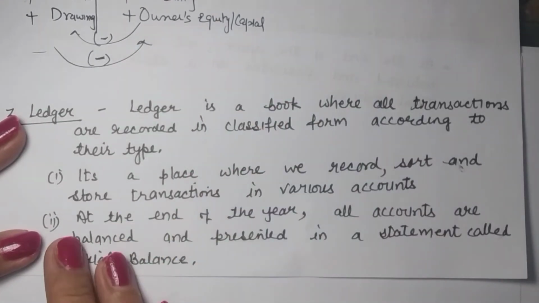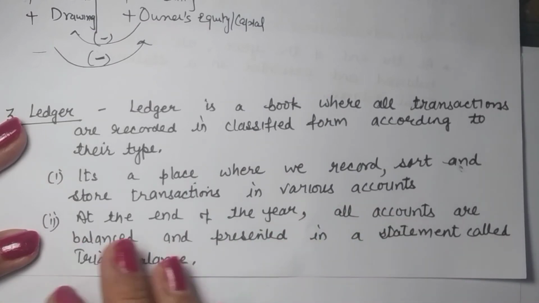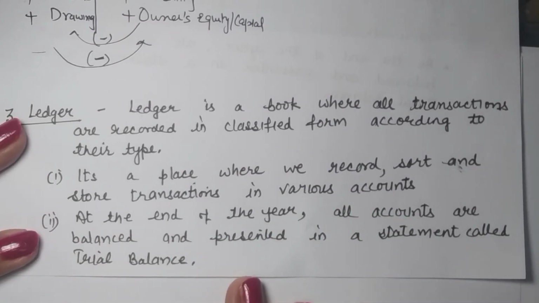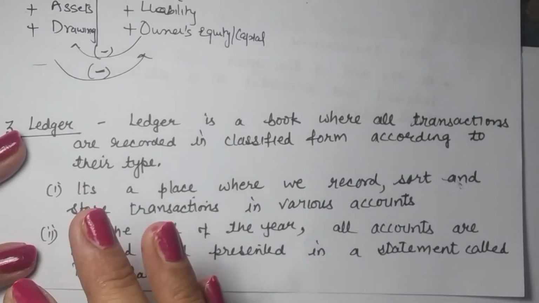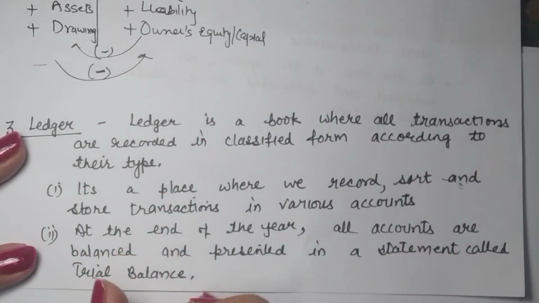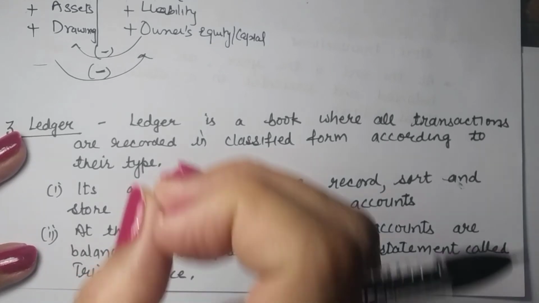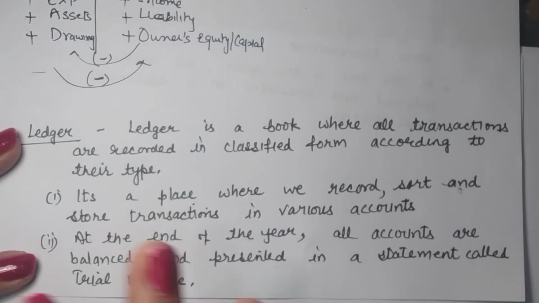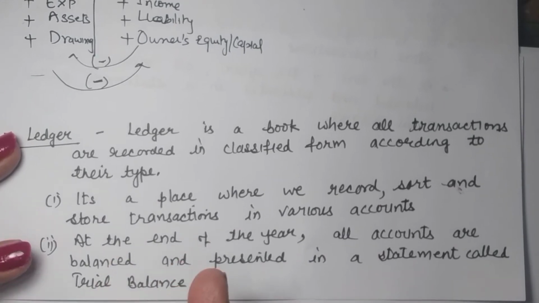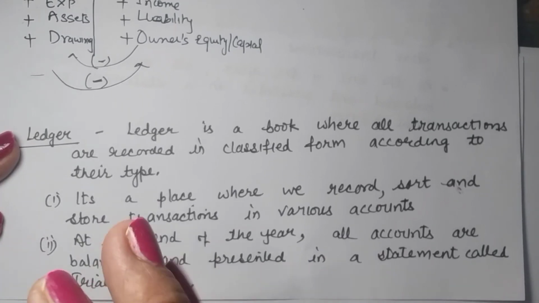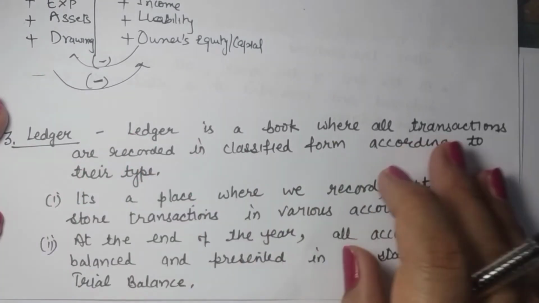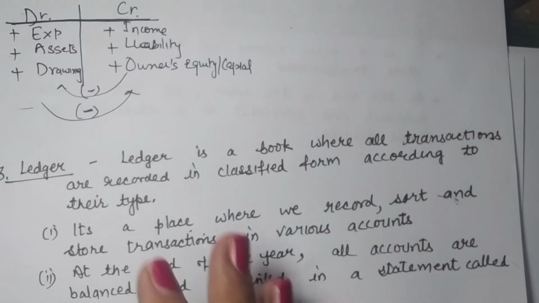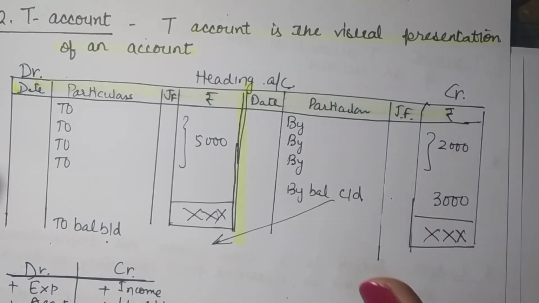So what happens is at the end of the year, we balance the accounts and present them in the form of a trial balance. This trial balance basically balances all the accounts. It shows the balances. So when this is matching, it means we have done our accounts correctly, right? You haven't omitted anything. You haven't missed anything. So it just ensures that you have recorded all the effects. So this is how a ledger will be prepared. So in a business, we'll be having accounts for different things and we'll prepare these in a book called ledger.